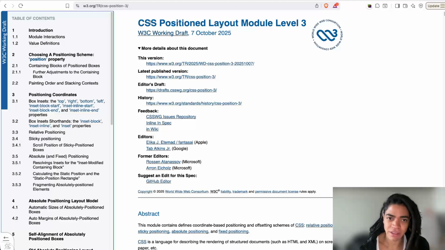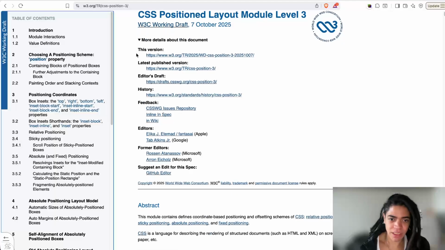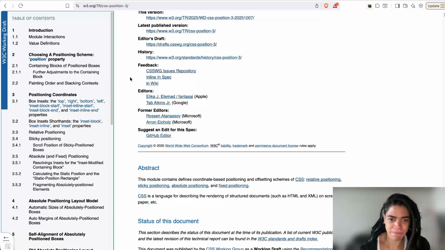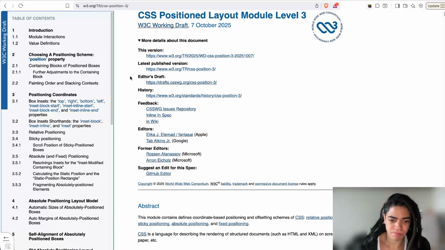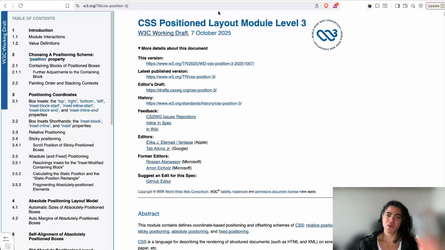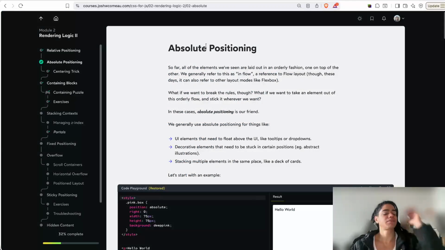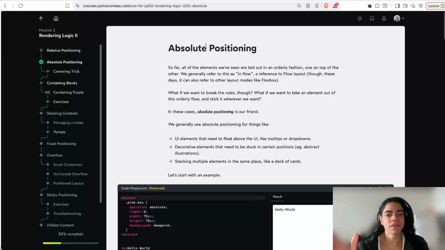So right now I'm looking inside the CSS Positioning Layout Module Level 3. The reason for exploring this particular section, the positioning section, is to actually make sense of all of this. All right. So CSS, as I mentioned earlier, allows you to style documents,